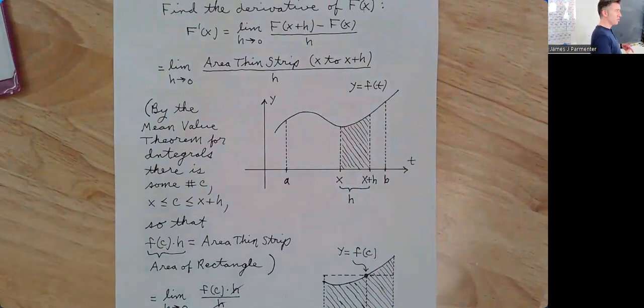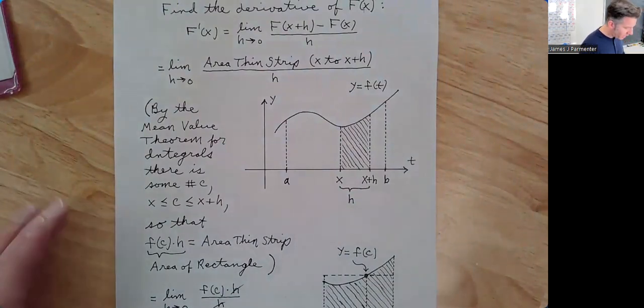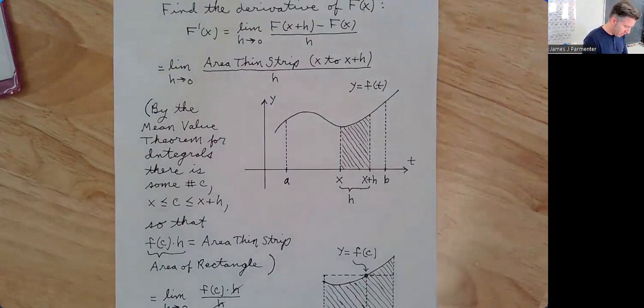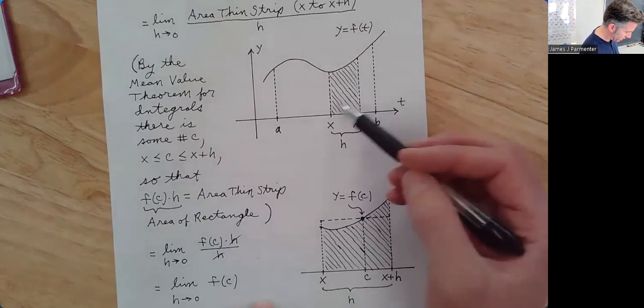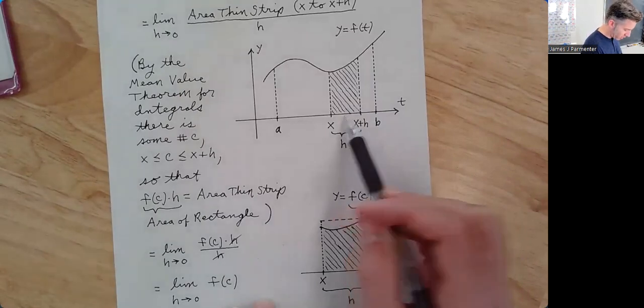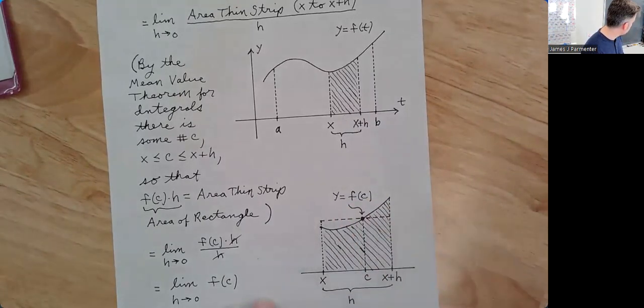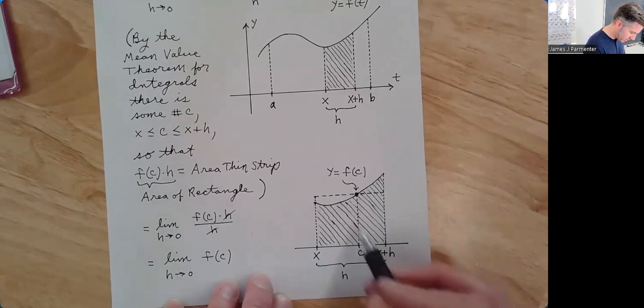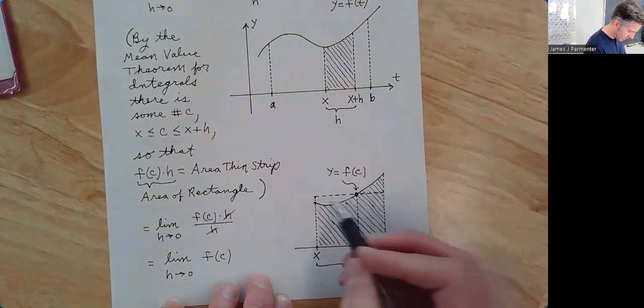You can also certainly Google the proof for the mean value theorem for integrals, but let me show it to you anyway, because it's not too hard to understand and I think it's good to see. So why should it be true that for this thin strip here, there's some point between those two points where, can you see that? Yeah, where at this point, the height is such that the area under